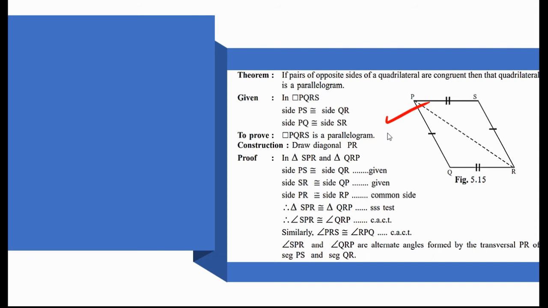By looking at it, you will not get it. You will start doing something, you will mark what is given. It is given only that opposite sides are congruent. That is the marking done. Now to talk about angles, we don't have anything in our hand. To talk about supplementary, we don't have angle measurement. Means some clue is not there. Then comes the idea of construction.